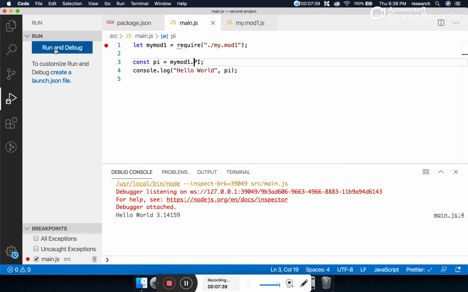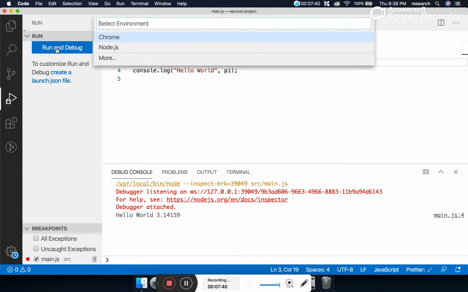Can you visualize this here? Let's run this in Node.js. Let's go to the next line. I have used step over to go to the next line. Now put the mouse over here. Can you see py and str? The two variables are available here in the main.js program. So what we have learned now is how to declare a variable in module 1 and export it.